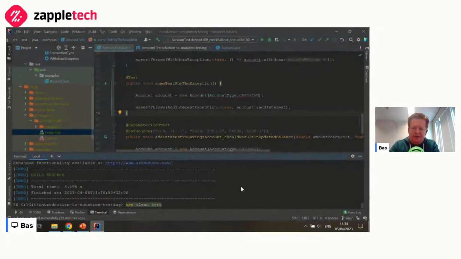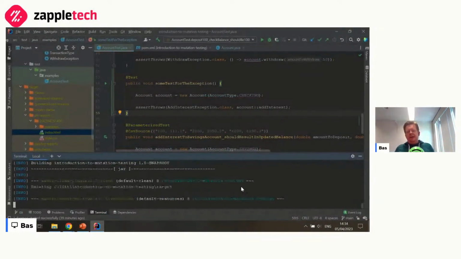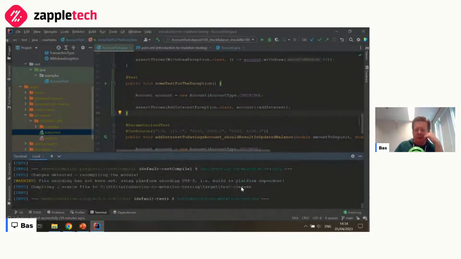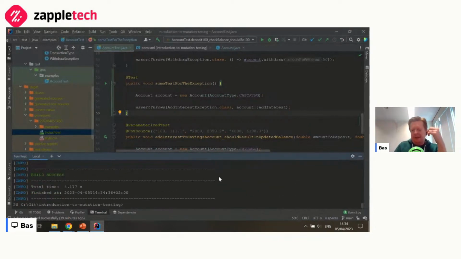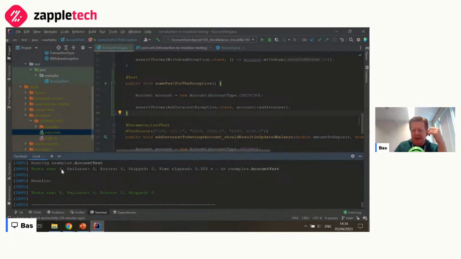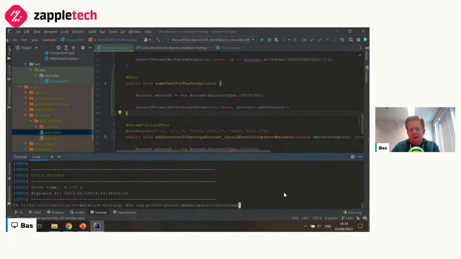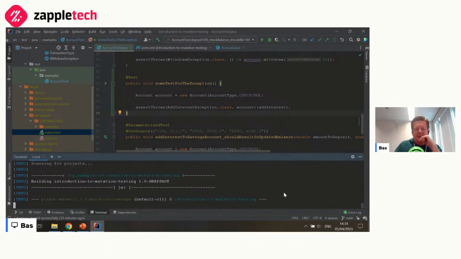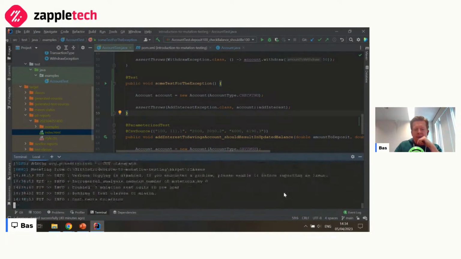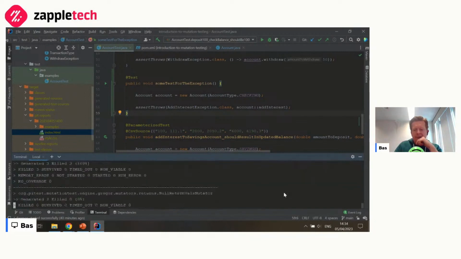Let's see first if our updated code and our updated tests pass. Yes, we've now got 8 tests instead of 7, which is good, and we still have a passing test suite. So let's see if there's any improvement in our mutation testing score.